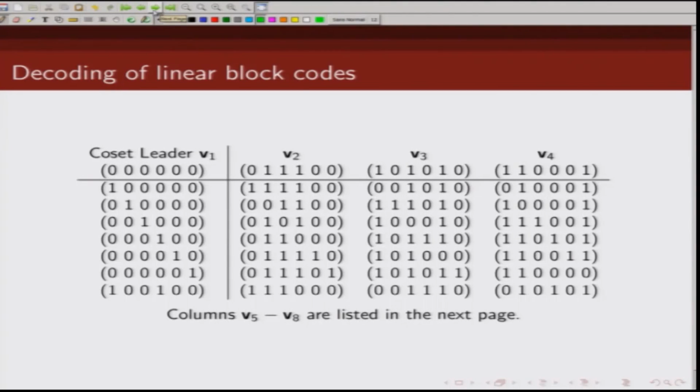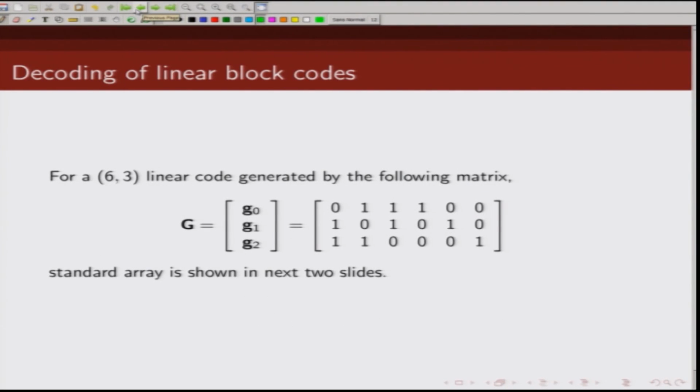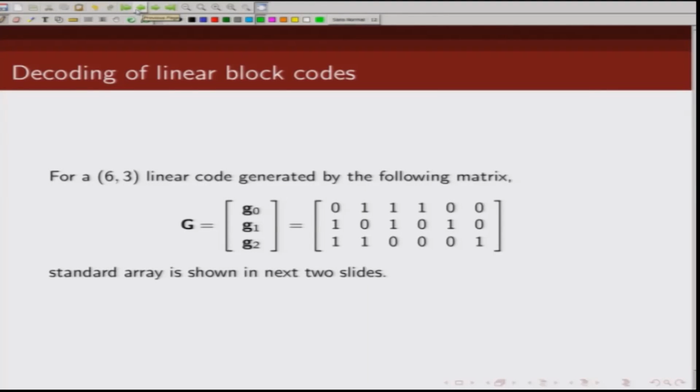Now, how do I find its standard array? So, as I said, the first step involved is you need to write down all possible code words. Now, you have already been given the generator matrix for this code. So, you can find out what are the possible code words, you just have to do V is nothing but U times G. So, there are total 8 code words,